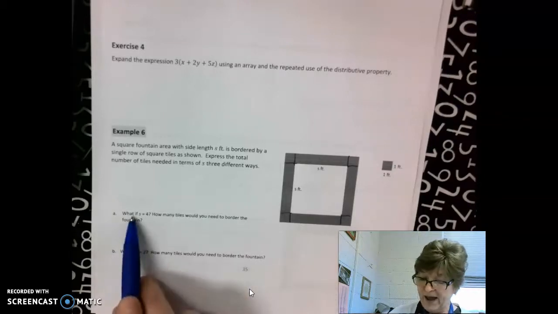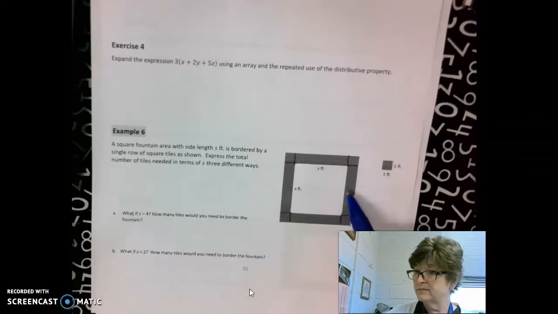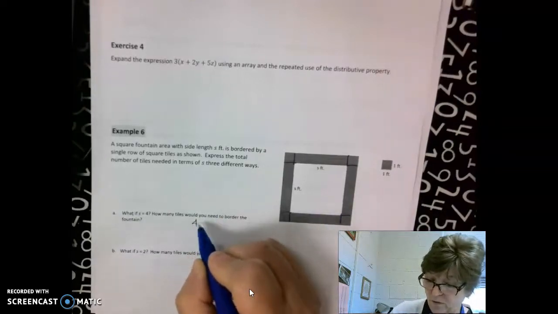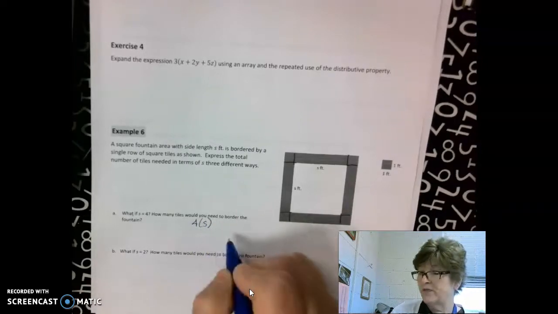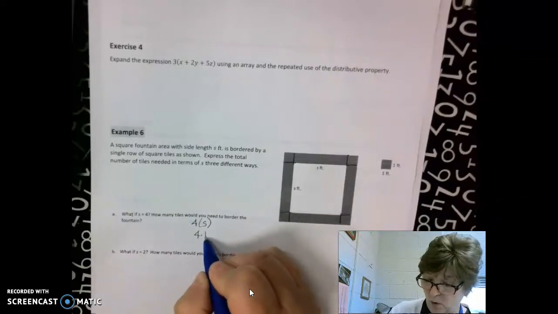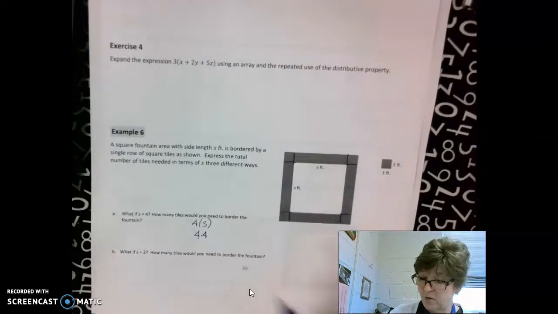So if we had 4 per side, then we would have 4 sides times what the side is. So 4 times 4. And then we have additionally 4 corners,